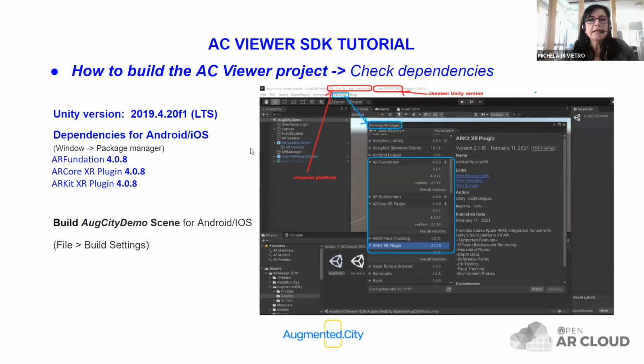And in this slide, you can see a screenshot of our project. On the left here, you can see the demo scene that you open and build. And on the bottom side, you can find the chosen version.